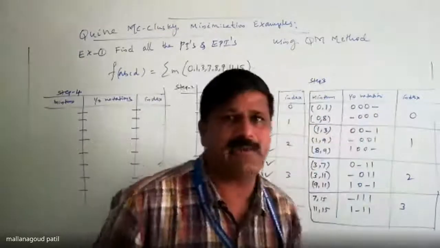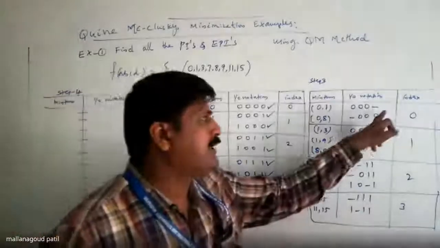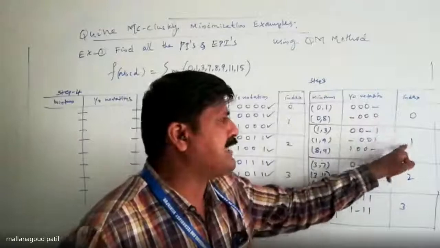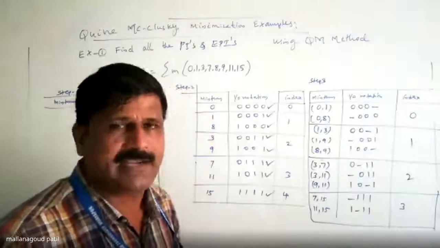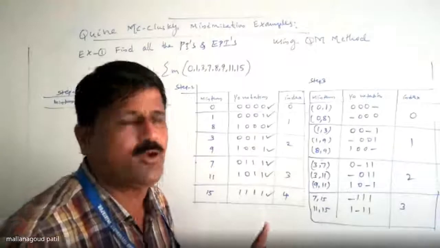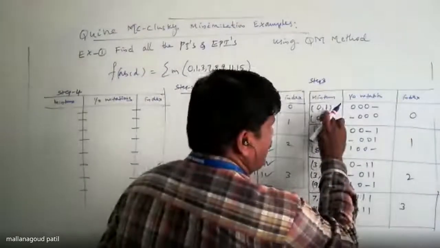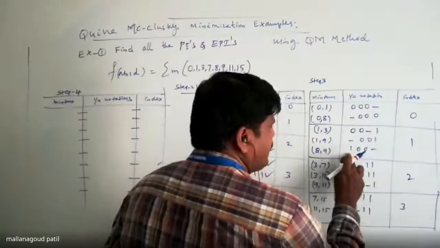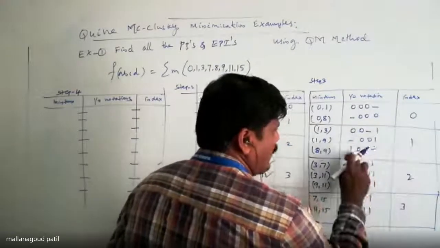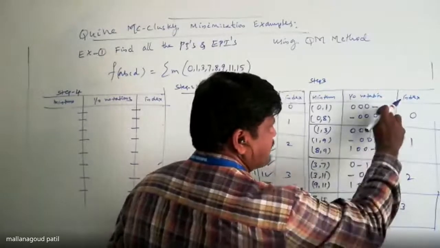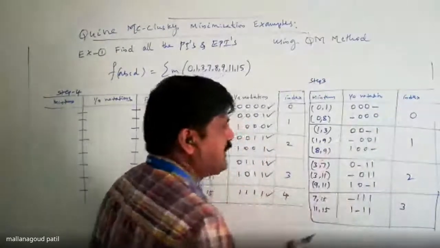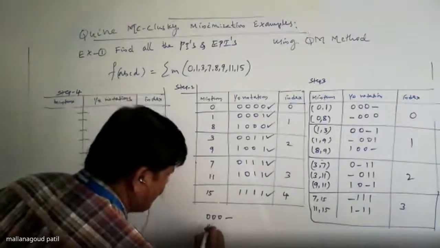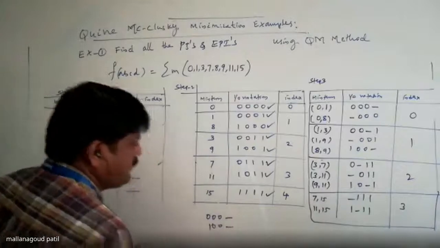0, 1 indication you can concentrate first where you have a don't care. Last bit. Means where the last bit is there in the index 1 only you have to compare. That is possible. Other than that, you just ignore. Now you see here 0, 1 minterm of index 0 possible to compare with 8, 9 of index 1, that is 1, 0, 0 dash. Here is also dash and here is also dash. Then you can check it. 0, 0, 0 dash. Similarly 1, 0, 0 dash. Both are logical adjacent.